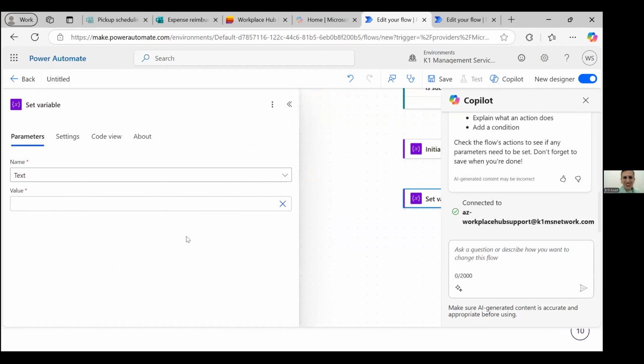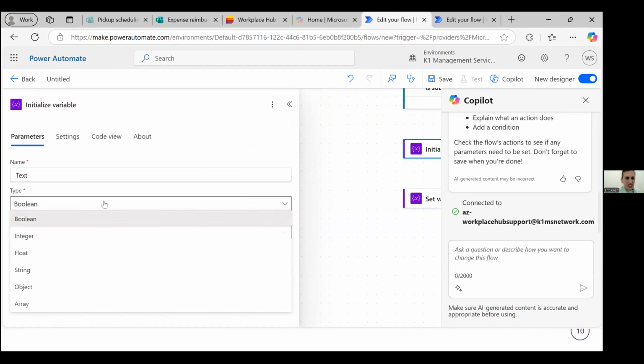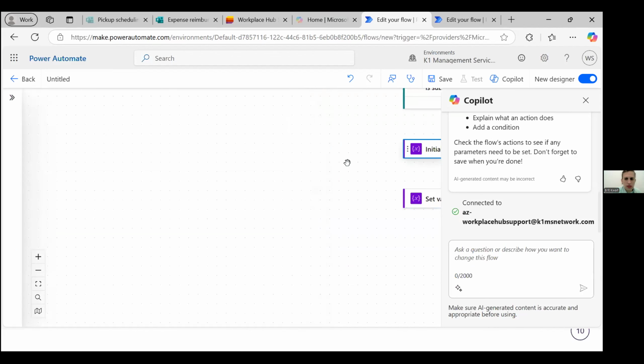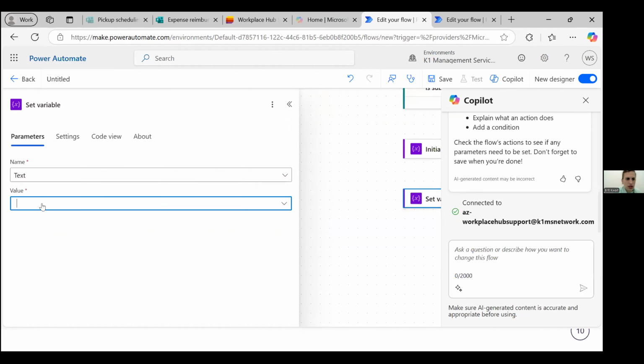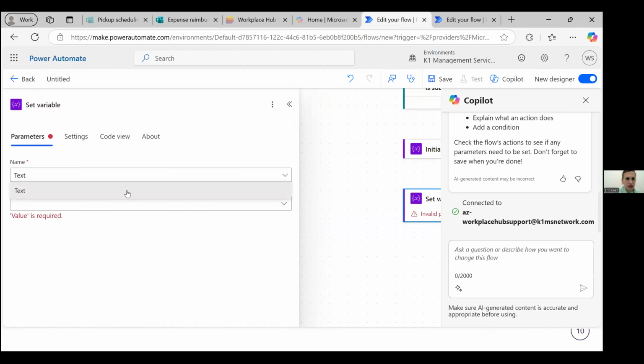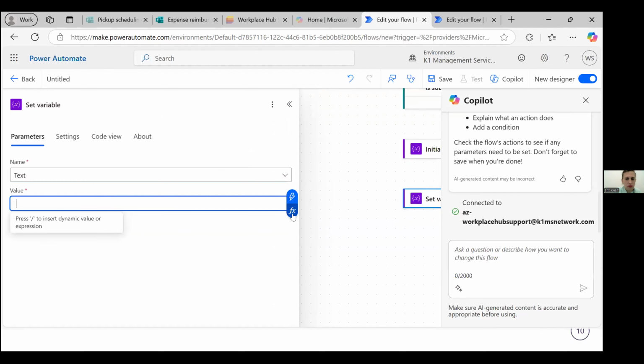I think I made that a true/false variable. Oh, can I change this? Yes, I can. String being text, string of text. Okay, now update. Okay,